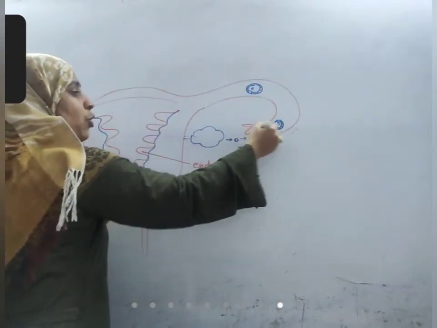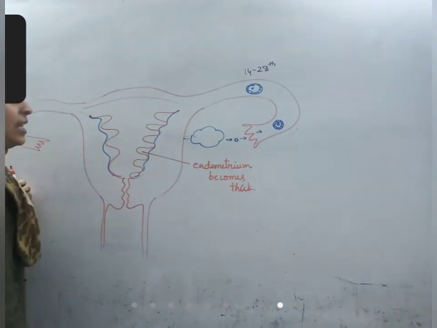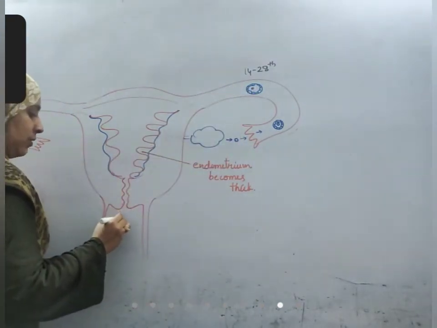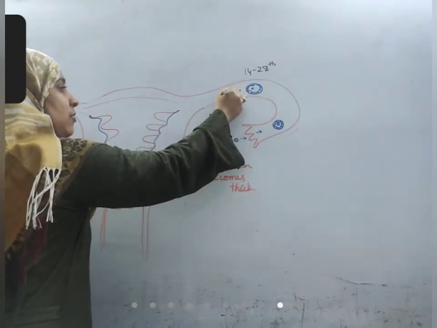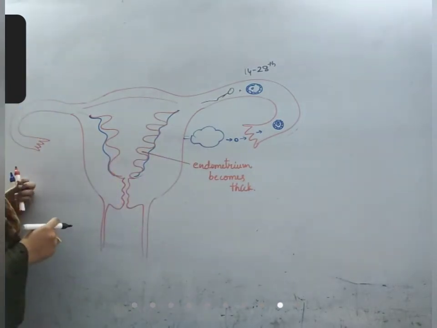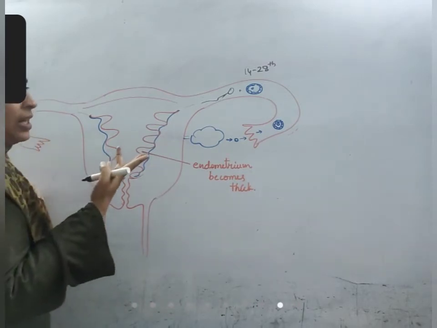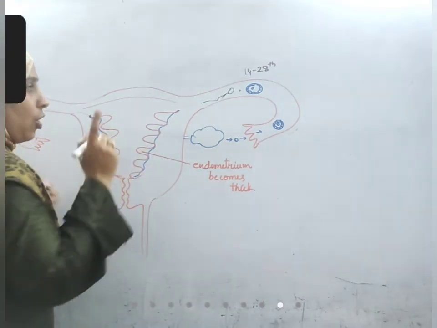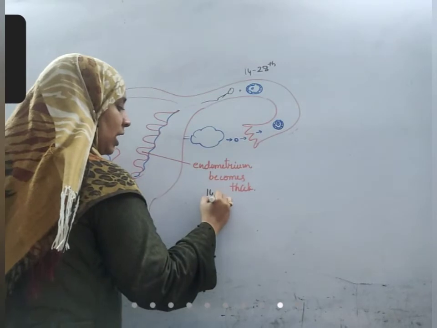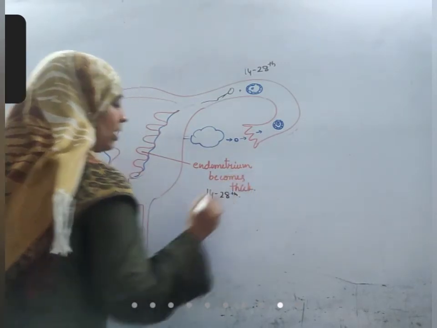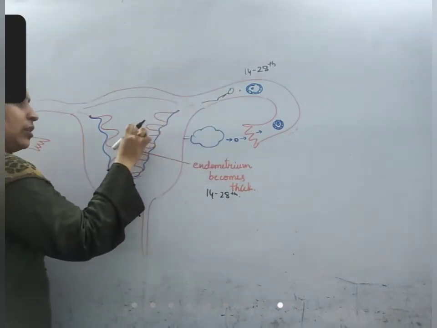How many days does it wait? The ovum is released on the 14th day. From the 14th day to the 28th day, the end of the menstrual cycle, the ovum will wait here for any sperm. If any sperm enters the female body, it fuses with this ovum, and fertilization is complete. It waits from the 14th to the 28th day, and if the menstrual cycle lasts till 35 days, it waits till 35 days. During those 14 to 28 days, the endometrium wall becomes thick. That also takes place from the 14th day to the 28th day. If fertilization occurs, the embryo will be fixed here.